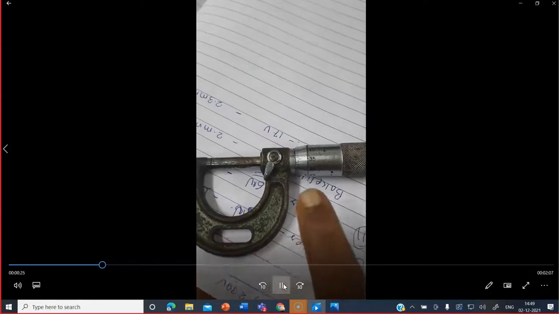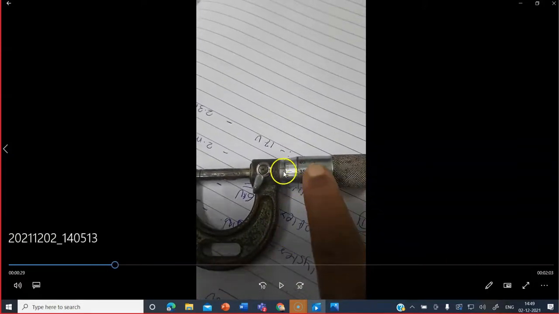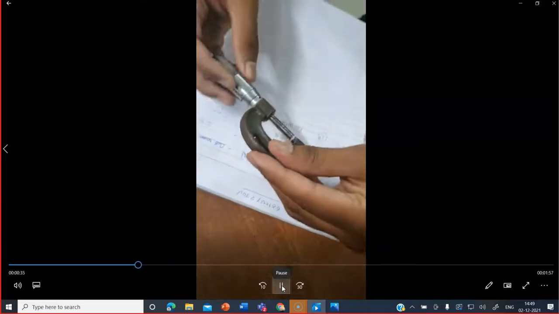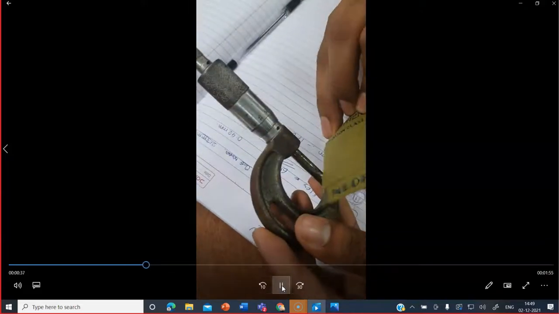Studied this screw gauge. There is a least count on this. You have to measure, so you have to see which line will be matched after putting the paper inside this, and then you note down this reading and multiply by 0.01, the least count. Insert the paper inside this, and then multiply the measurement which you will take with the least count.